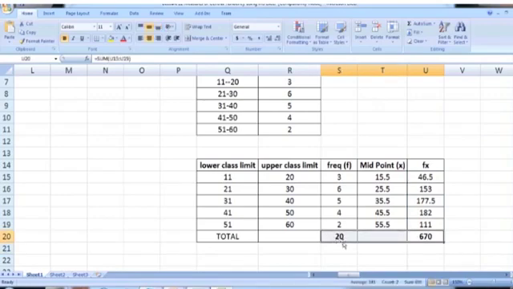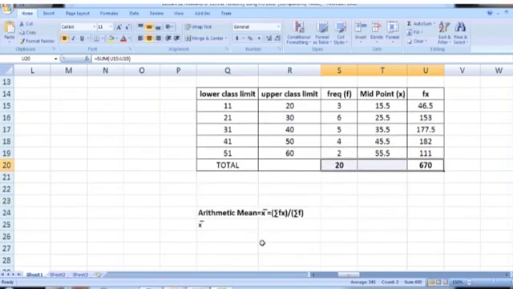Now divide summation fx by summation f, and we get the arithmetic mean. The arithmetic mean is summation fx over summation f.